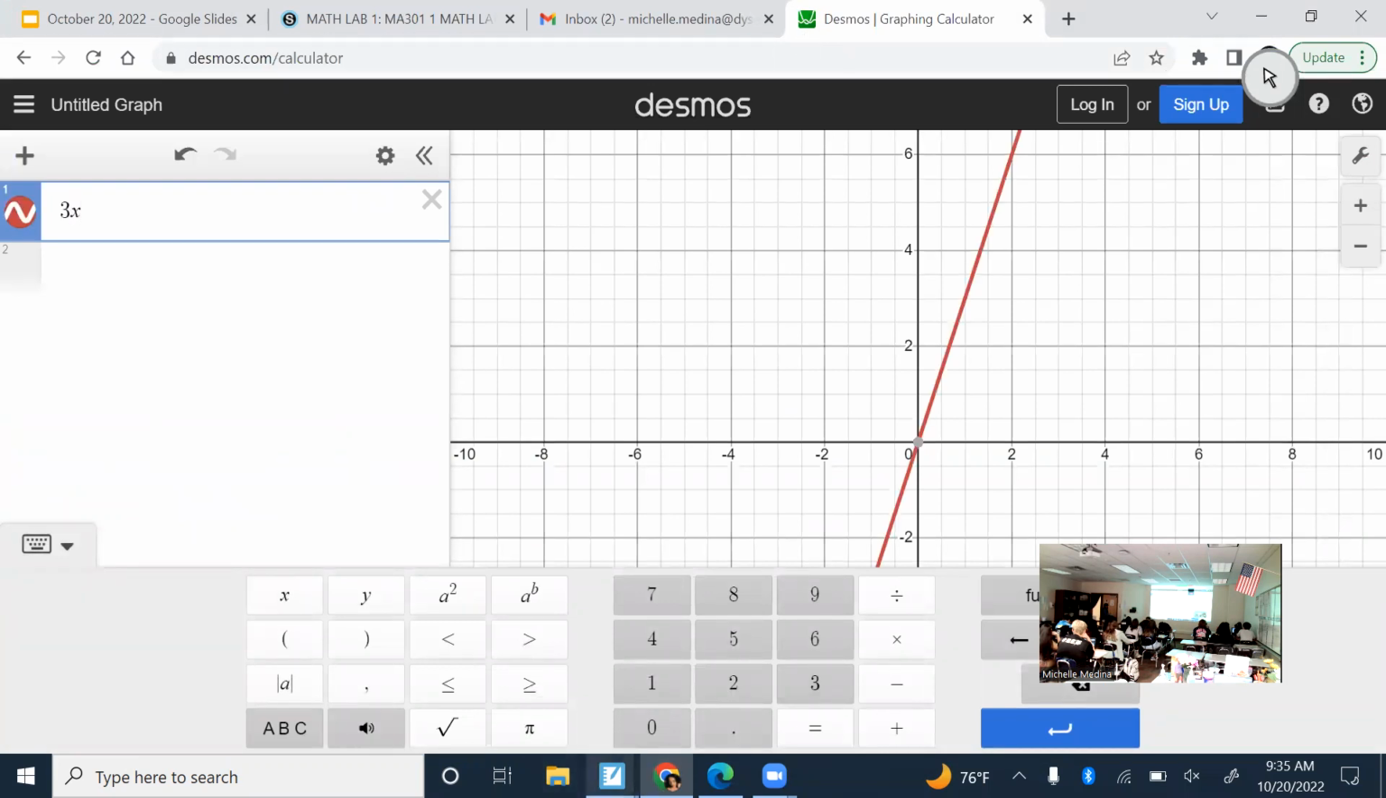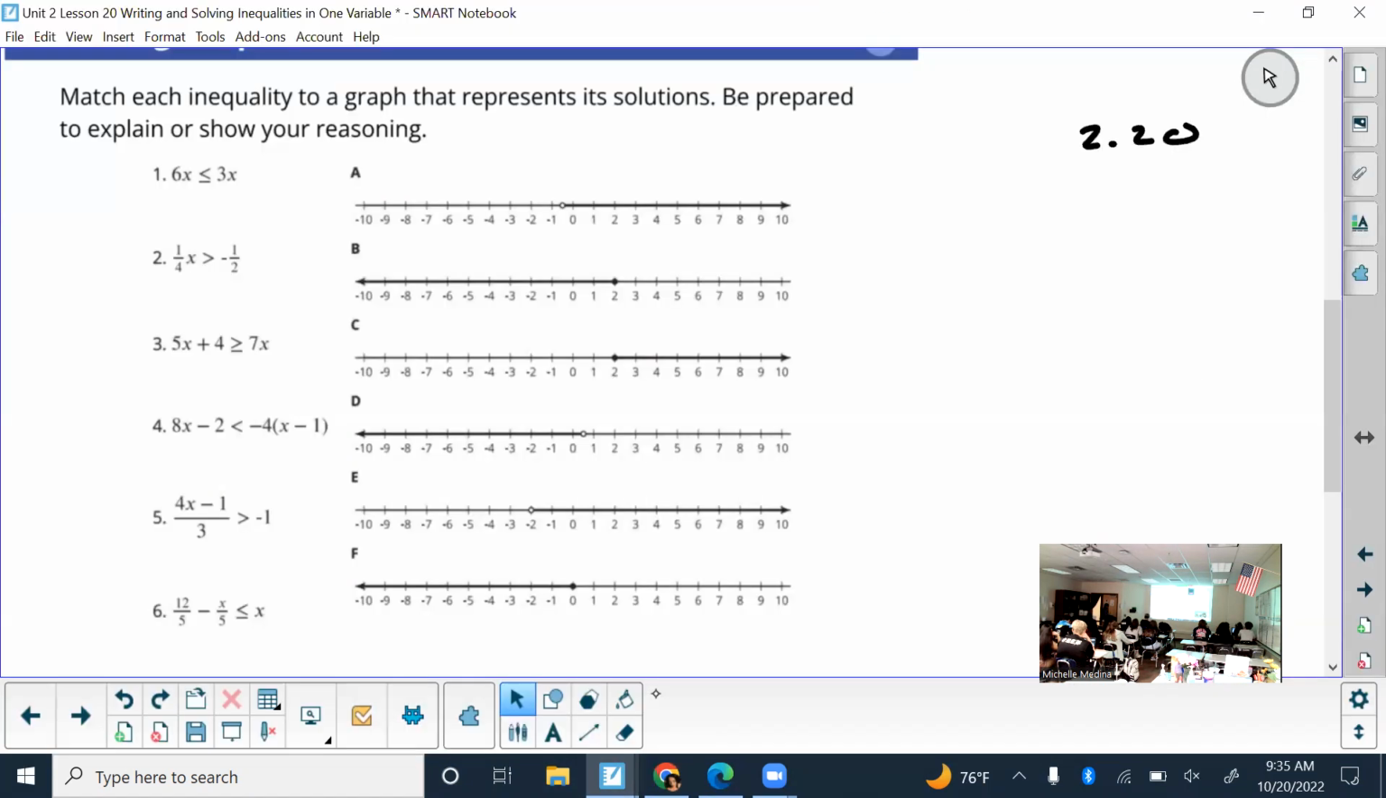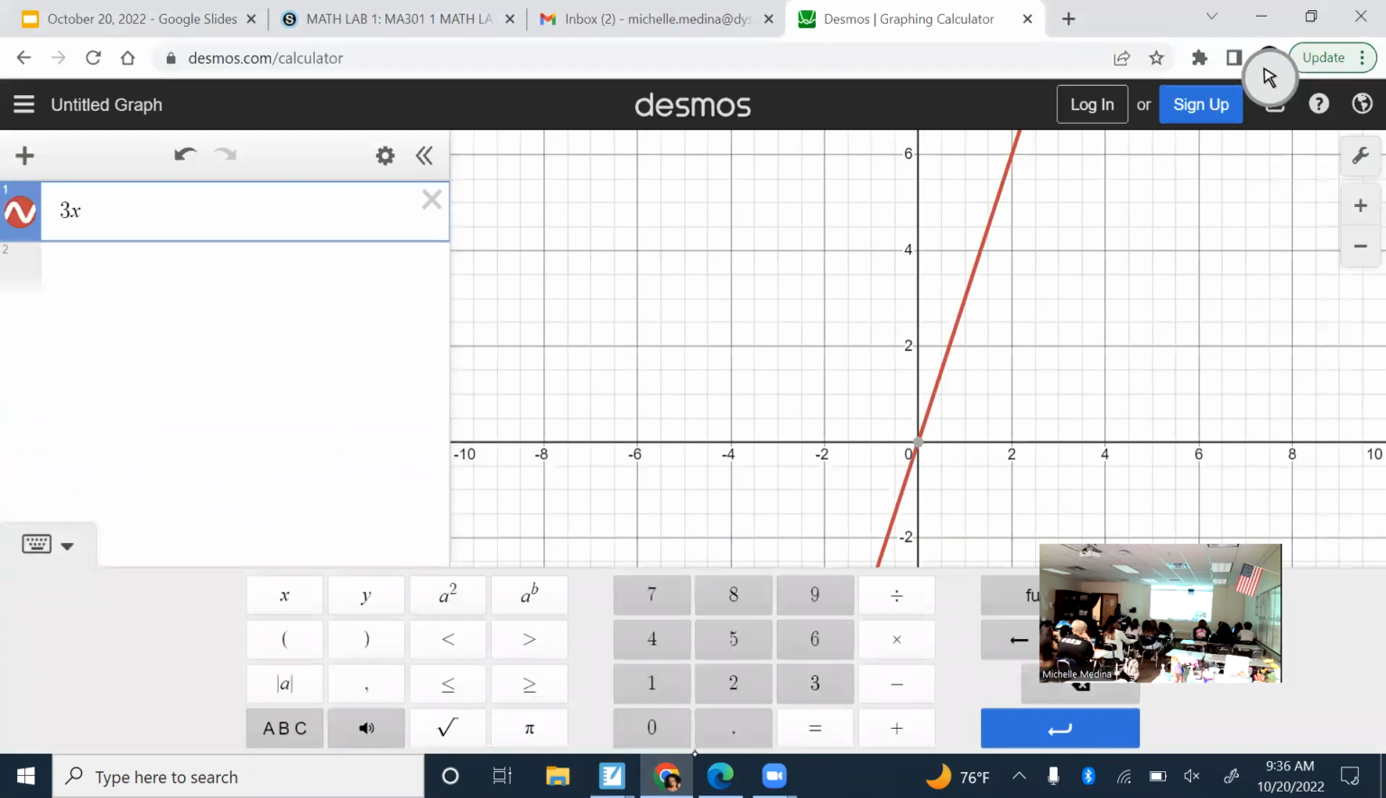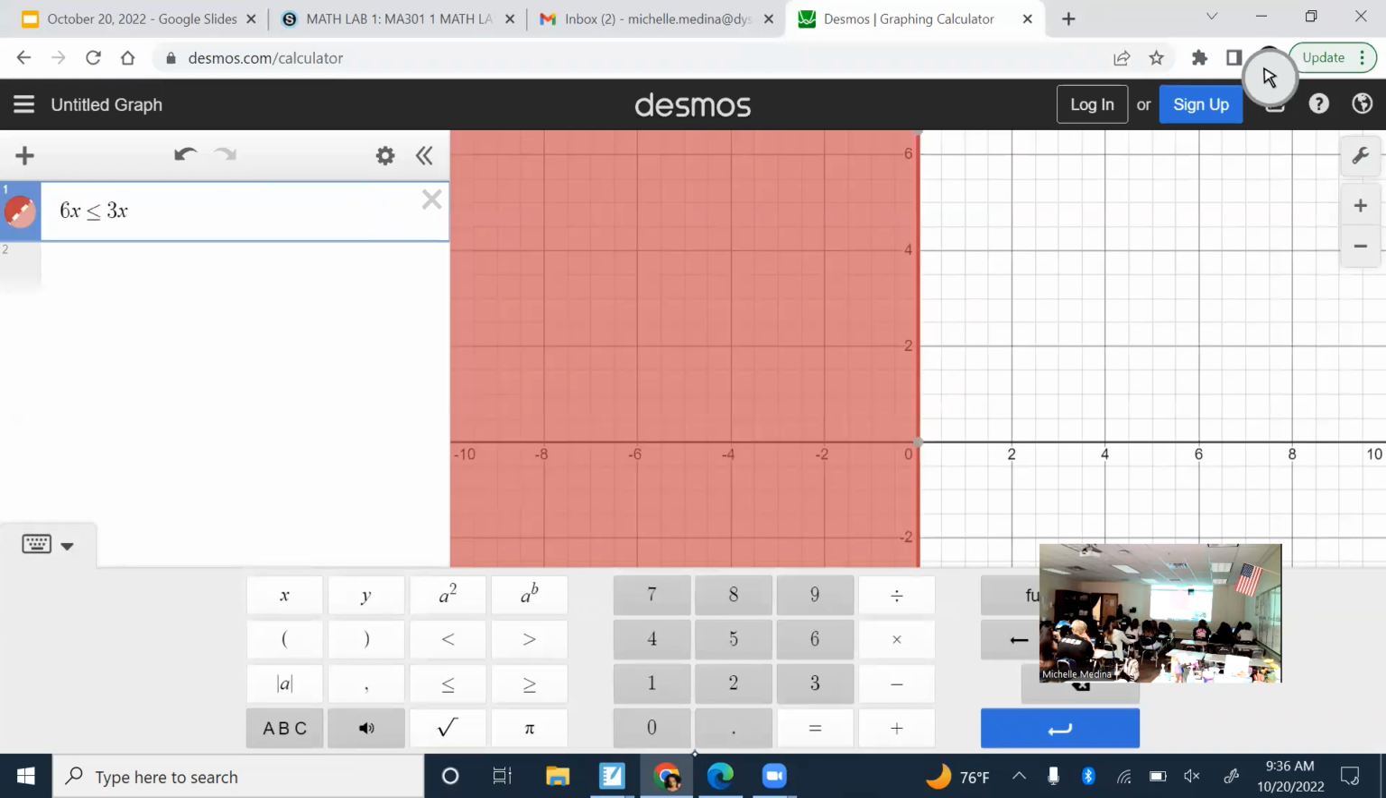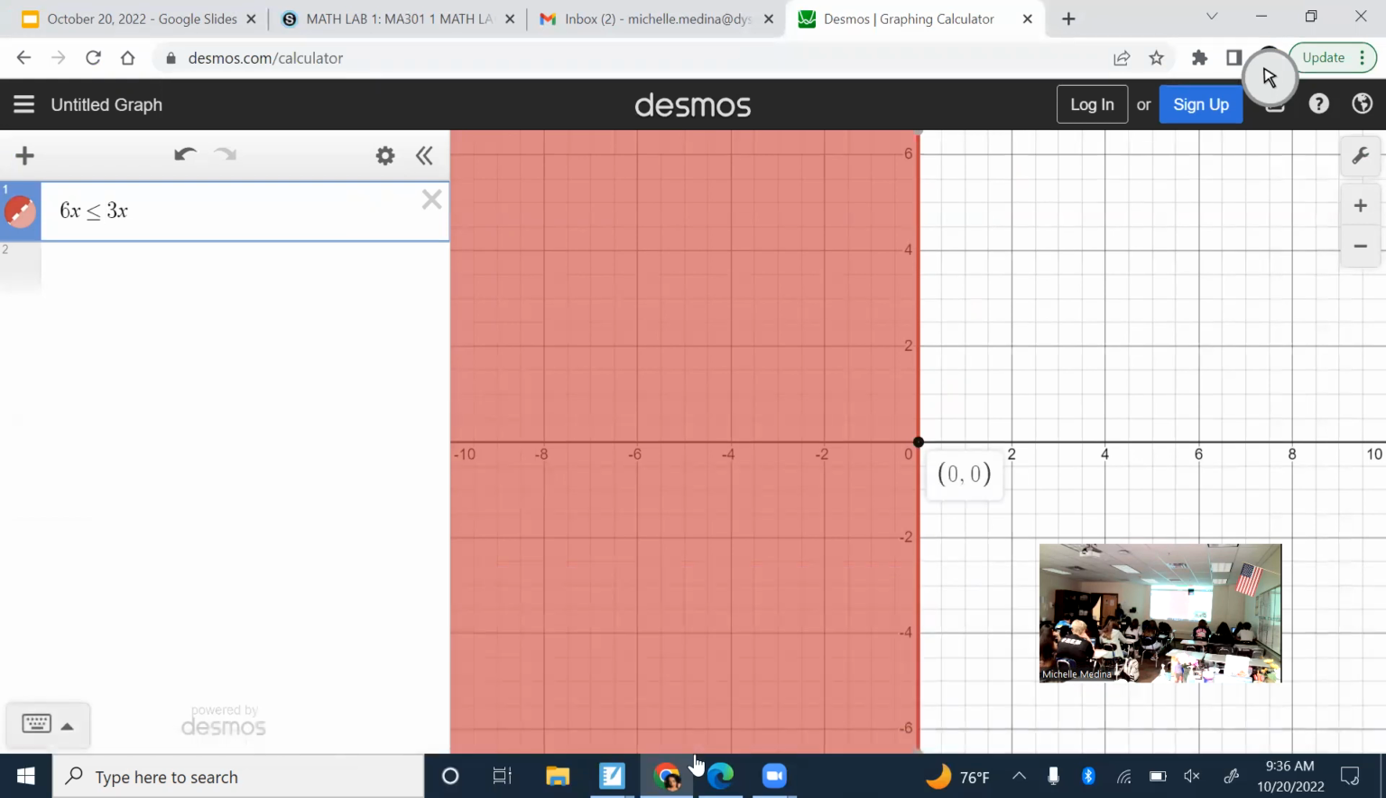So I'm copying example number 1: 6x less than or equal to 3. Just typing it in, and then you also have to be able to interpret it. Where does the shading start? What x value? 0. So when I solve this, it will be x compared to 0, and x is anywhere that it is